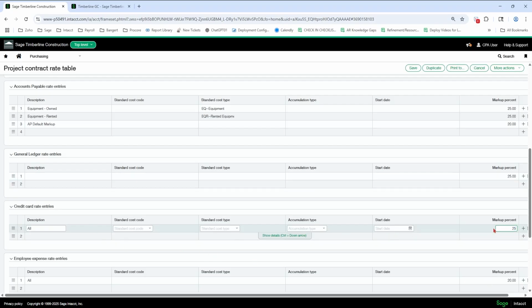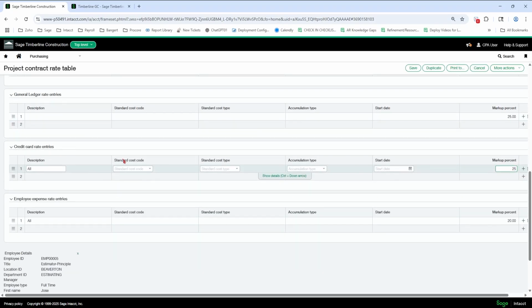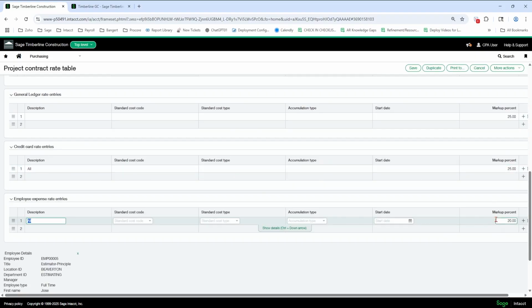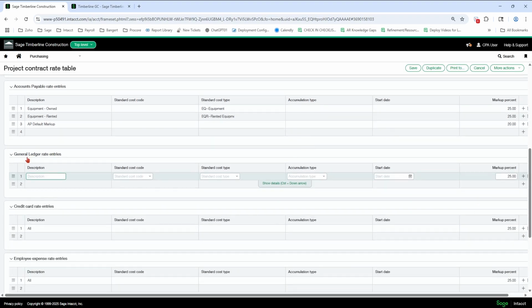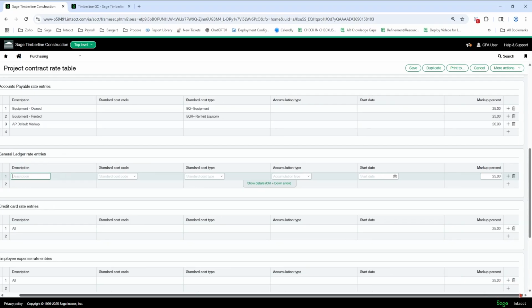Don't do any criteria. So any credit card transaction, any employee expense, any GL entry, mirror it up here. Any purchasing or AP bill would get the 25% markup. Just don't put any criteria on it. And as long as it's one of these types of entries, it's going to do what it says right here for the markup percent. Okay, so you can do things like that as well.